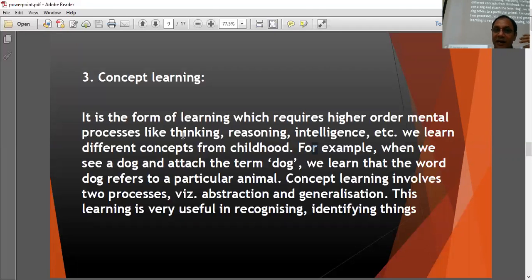So if I am able to make sense of what is happening and why it is happening, then of course I'm using my higher order thinking skills, right? I'm not using my lower order thinking skill, which is recalling level, memorizing and recalling, but this is higher order where I'm thinking, I'm attaching it with a lot of others